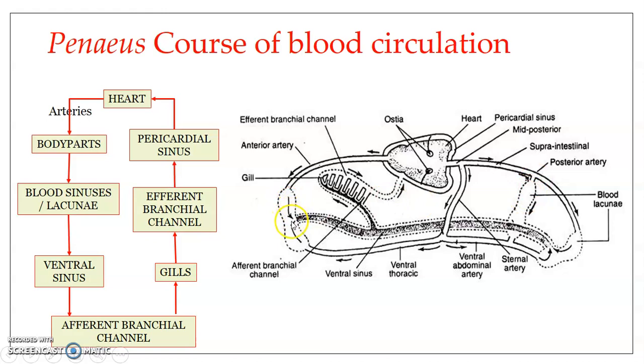Okay, and these spaces, the blood flowing through these lacunae, all these constitute what is known as a hemocoel. Okay, now what happens later? So body parts come in contact with the hemolymph in the blood lacunae. Blood from these various body parts, especially from the lacunae we are speaking of, is collected by a pair of ventral sinus. You can see here, this is the ventral sinus. So a pair of ventral sinus, one on either side, on the lateral sides.